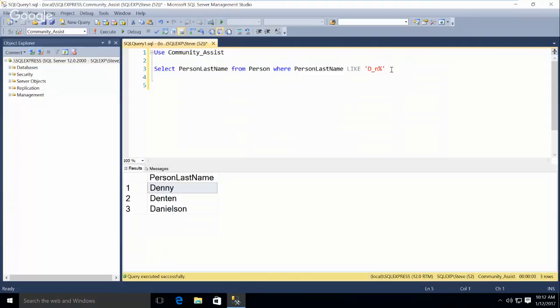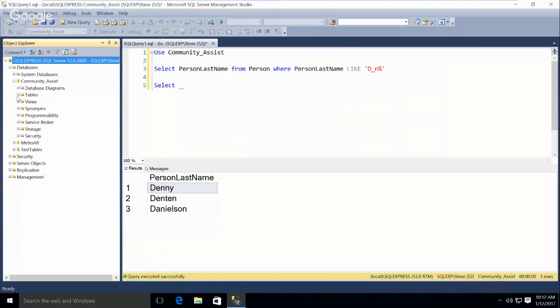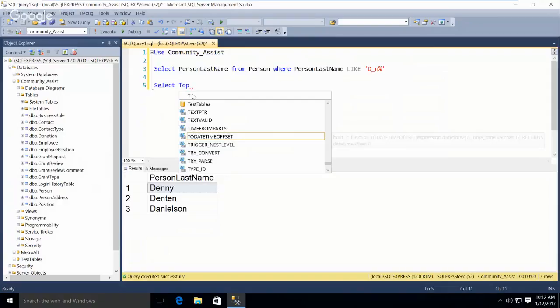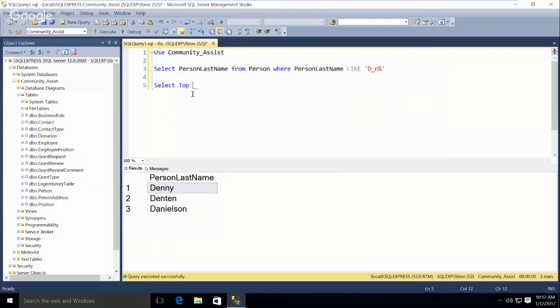What were the last two? TOP? Top 10 wages? What do we got in community assist? So we could probably do top 10 grant requests or something. The offset is the very last one. So I'll do the top 10 and then the offset. The offset is the weirdest one. The top 10 is actually pretty easy, and it doesn't have to be top 10. It can be top whatever. You just literally write whatever.